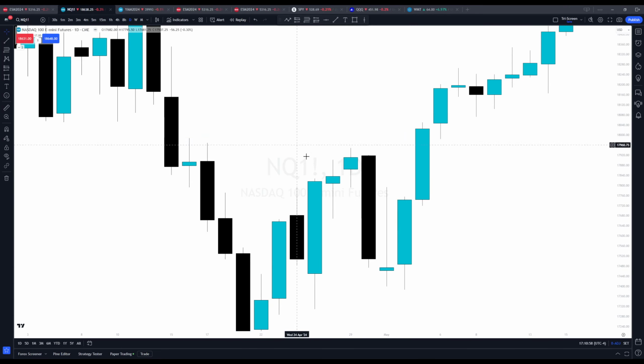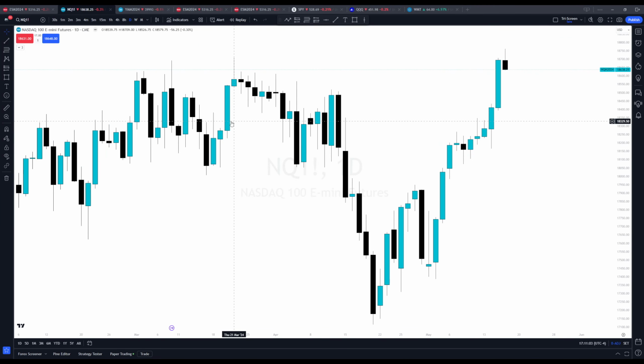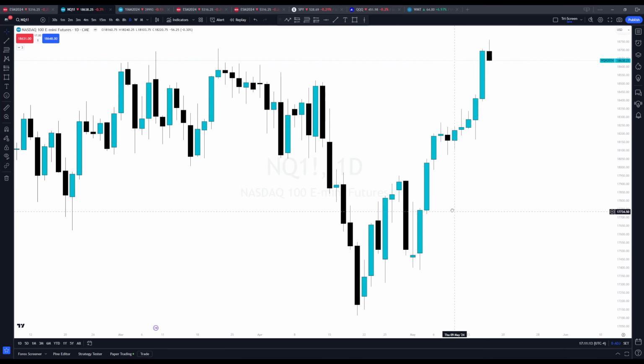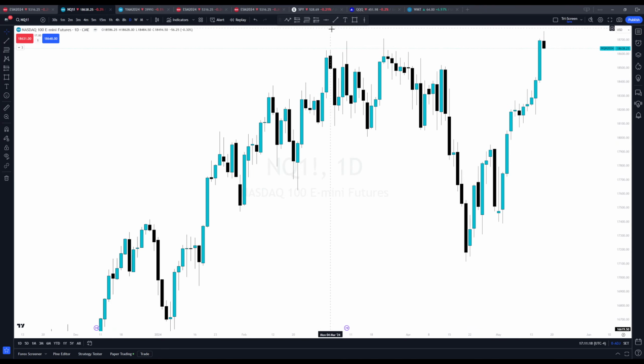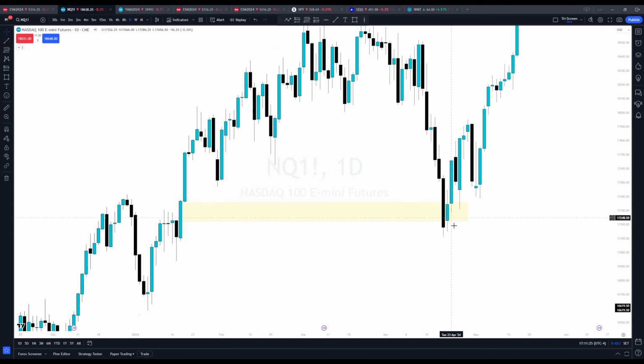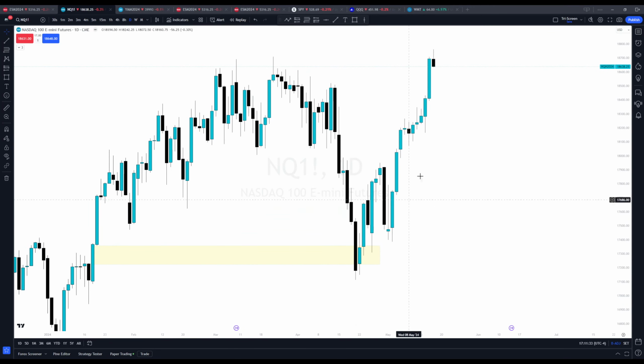Another thing with fair value gaps is they are draws on price. Whenever you see a fair value gap down here that hasn't been filled, more than likely at some point in time the market is going to come back down and refill that fair value gap. If you look back here, you see it got filled. Look at this one that we left, right? Look what happened. That last big dip we had, the market came down just because that fair value gap was not filled. And then the market is now balanced, and then we push up higher.